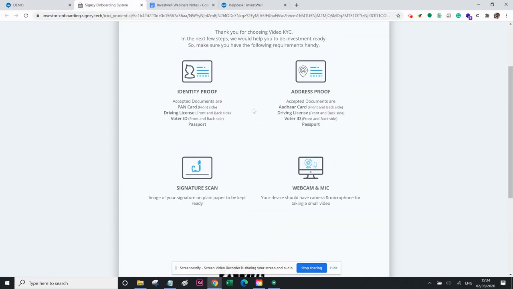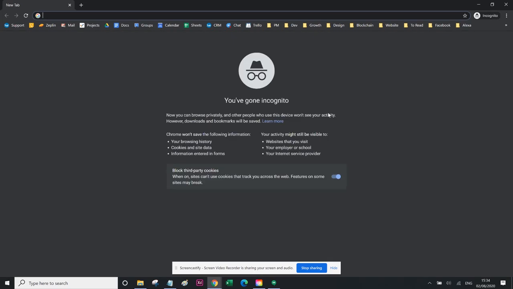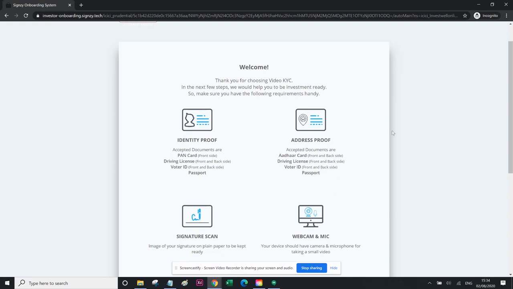This link is what you have to copy, which opens in a new tab when you click on the do video KYC button in the create UCC process. This link you have to send to the client. If you copy this and paste it in, say, another window, you'll open the same page that we see here. This is how the client will see it. You just have to copy this link and email it or WhatsApp it to them. That is up to you.